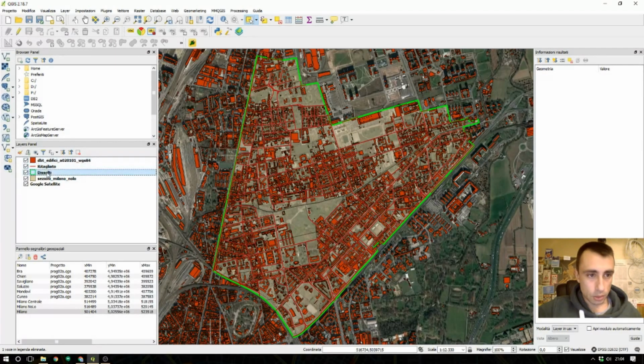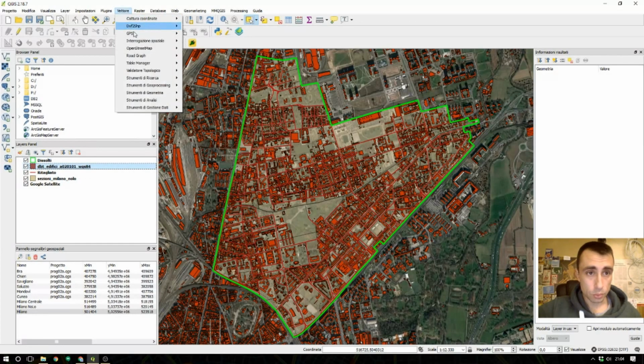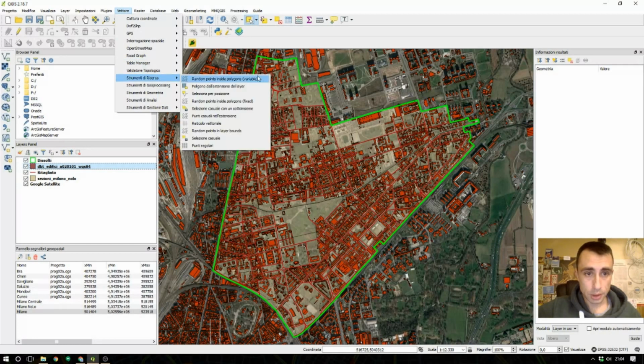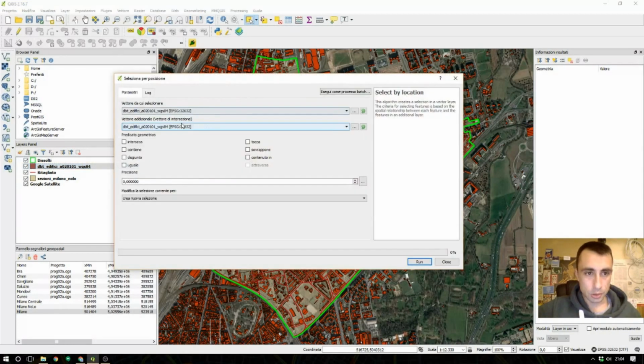How do we make a selection of the buildings that fall into the dissolved area? To make the selection by location, we go to Vector, Research Tools, Select by location. In this window, it asks for the input layer, which in this case is the buildings.